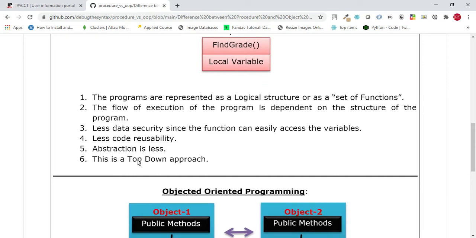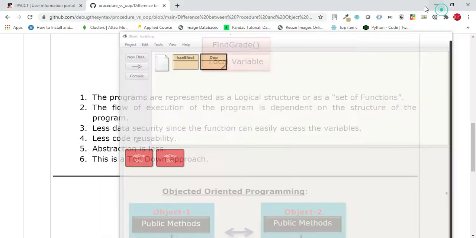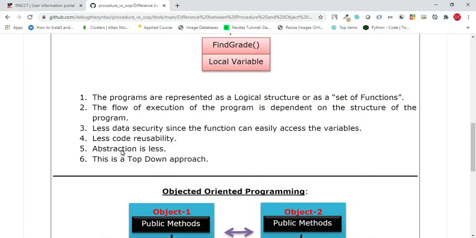So it starts from the top and it goes to the bottom, and see, it is of less abstraction. That means you have to decide at the time of program writing which particular function you want to execute at first. Over here the reusability is less because over here I'm creating multiple objects, so many objects I can create, so usability is more available in case of object oriented compared to procedure.